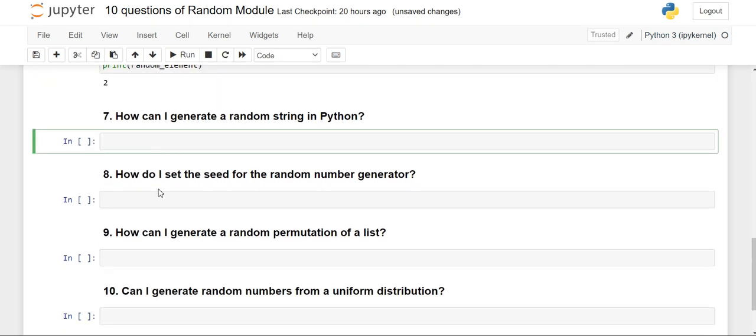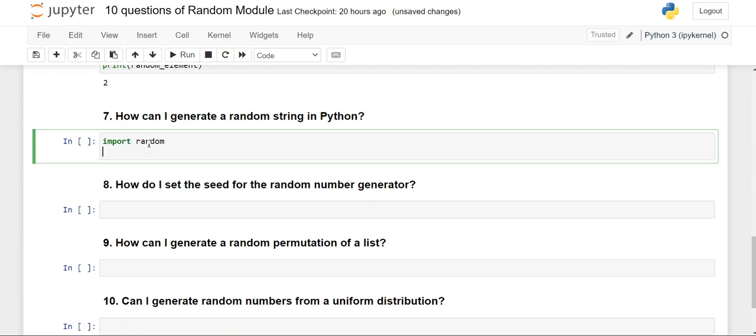Okay. I'll move to the next question, that is question number 7, how can I generate a random string in Python? Okay, so this is a very interesting question. Now what we have to do, we have to just generate a random string. It could be anything. So first of all, for this we have to import random, then we will import a string module,